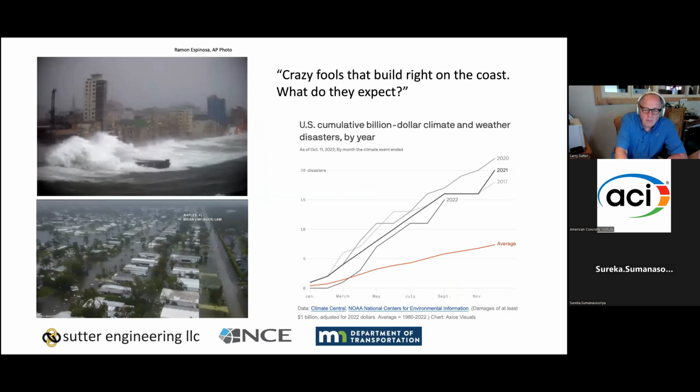This is one set of data that I like. When people talk about, well, the hurricanes are no worse than ever. Well, maybe not. But if you start looking at the number of storms, what this data is showing, the number of cumulative storms with $1 billion damage or more, and look at those, the average, and then look at the more recent years, how many of these major storms we've had. And we just saw another weird one with the storm hitting California.